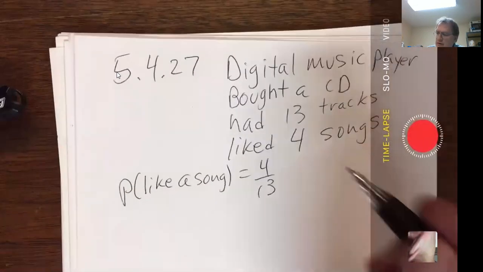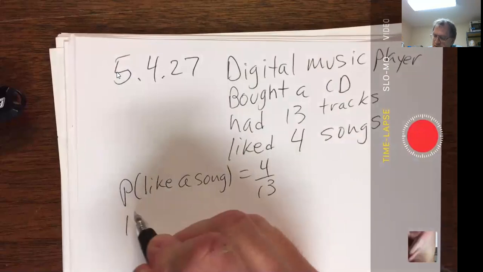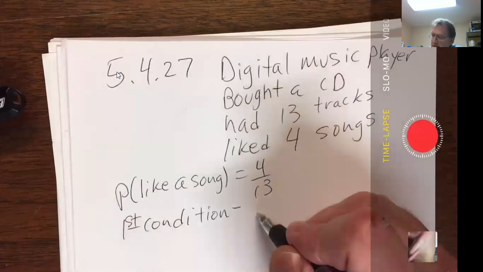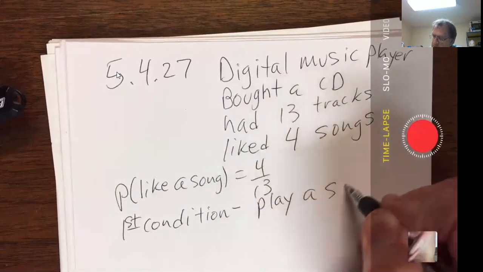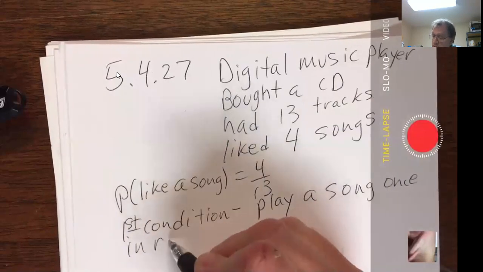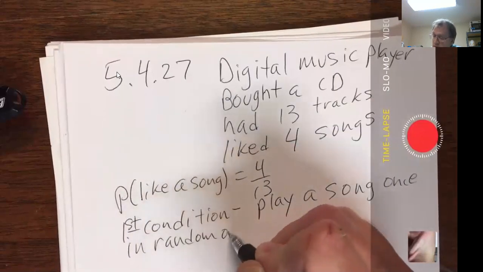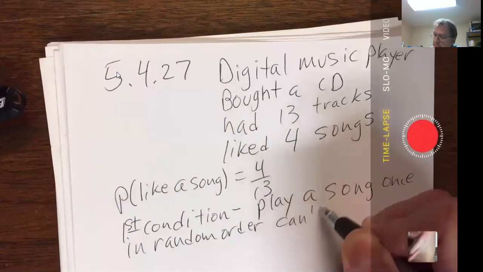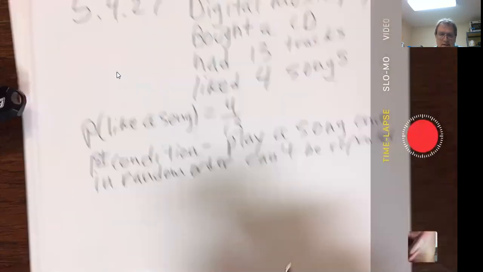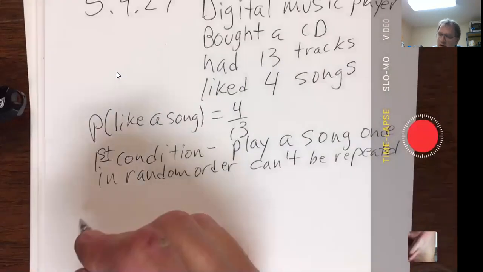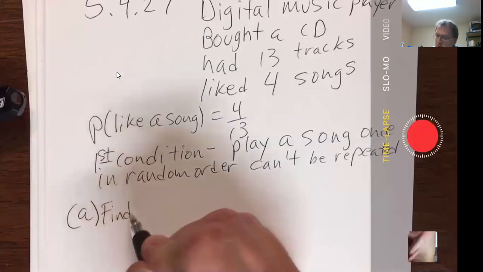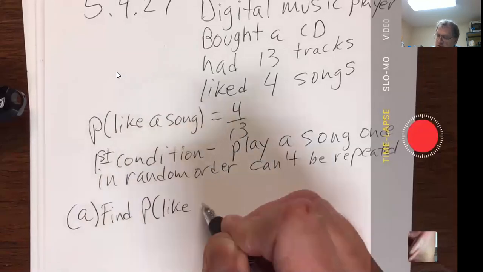Now, the first condition is that you play a song once in random order. It can't be repeated. All right, part A was find the probability you like 2 songs.